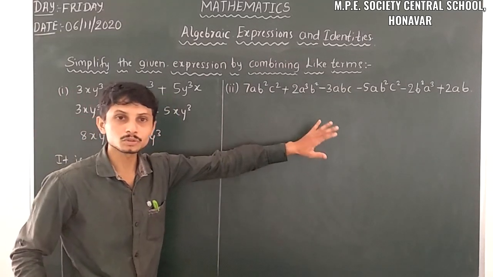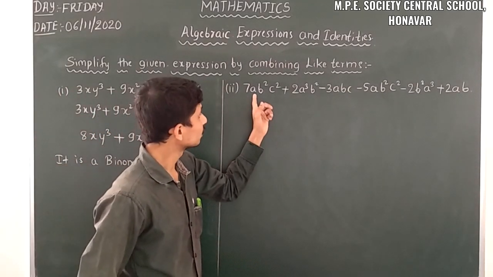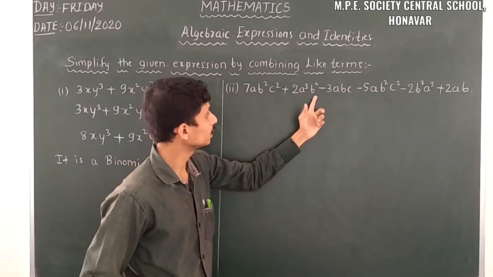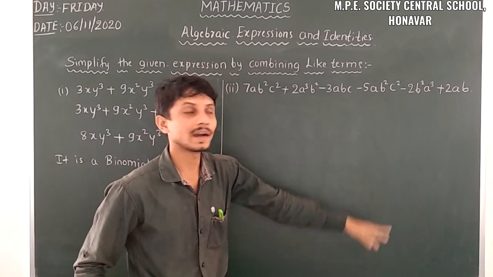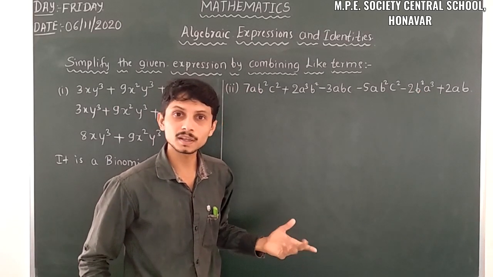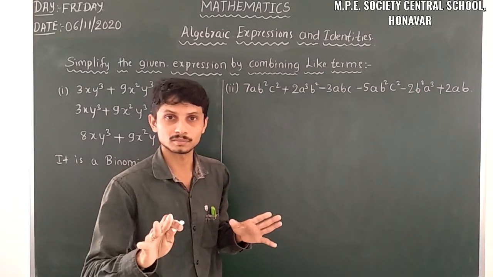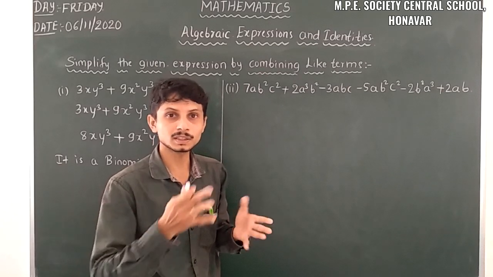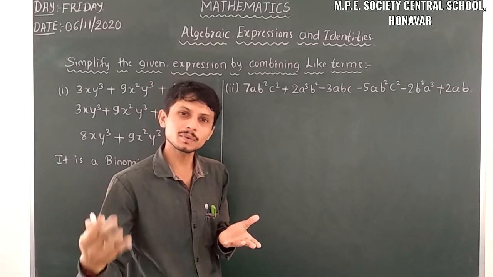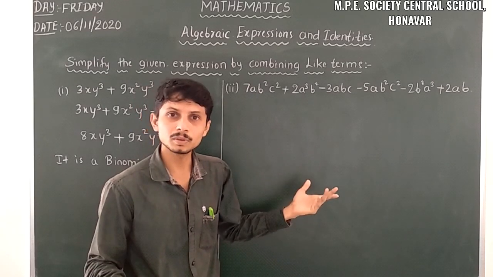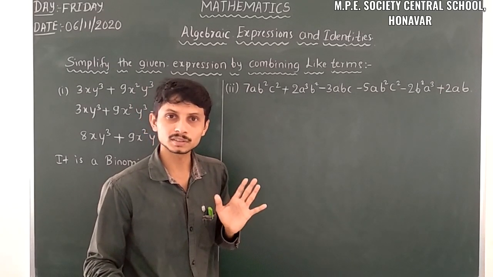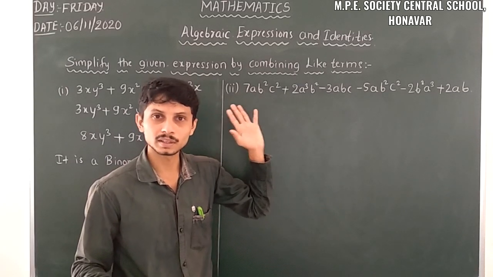So let us come to this problem. Yes, here ABC, AB, ABC, ABC, here BA is there and ABC. What's the next step here? So we have to take it in order. All the variables must start from A and B. Whatever the order, you can take BAC or ABC, whatever it may be. It's your choice.